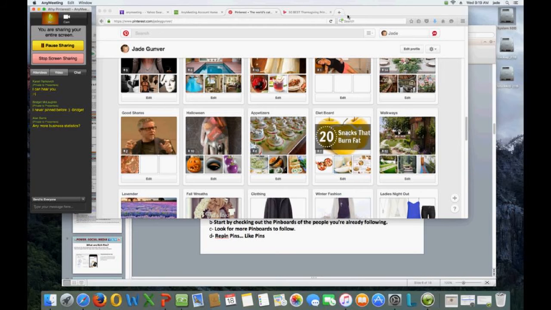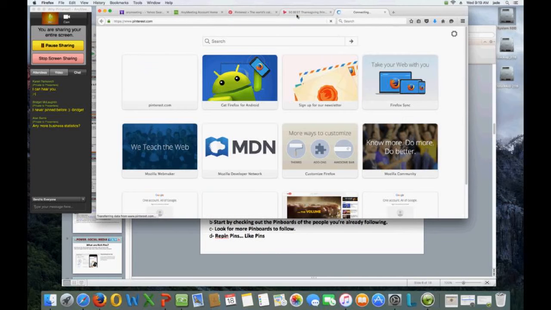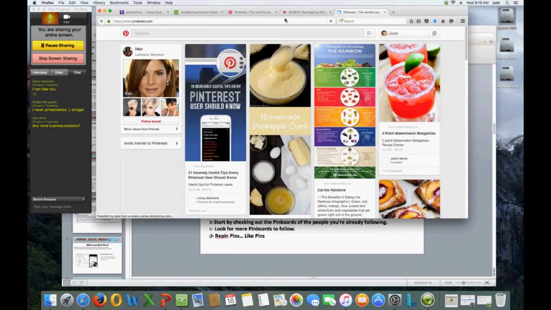So Bridget, it's so simple. Let me just open up another one. When you get into Pinterest.com, it's going to take me here, but let me just get into my profile and log out. So I will be logged out. So it's here. It's so easy. Email. You can continue with Facebook. You can definitely combine your Facebook, or just enter your email, create a password, sign up. Voila, you're there.